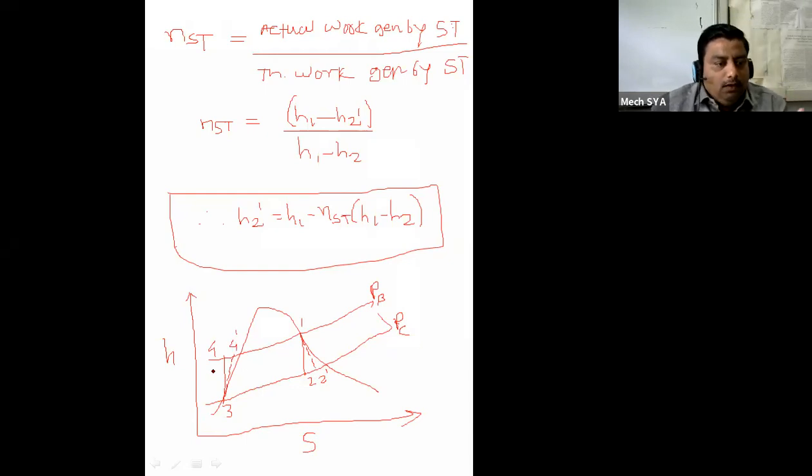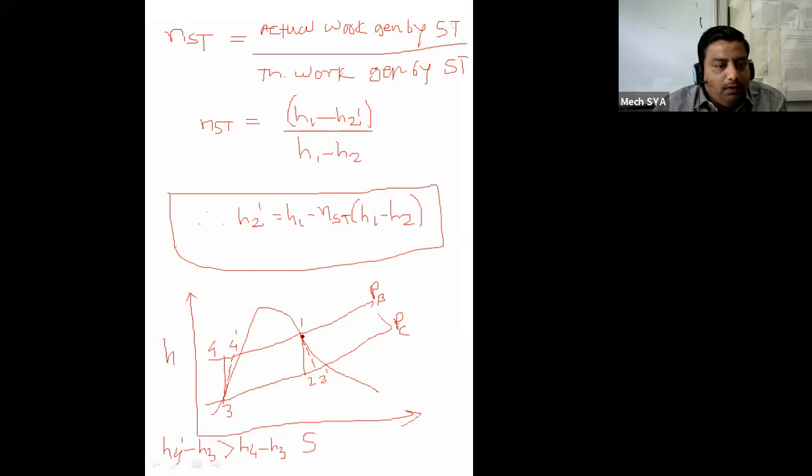So if you look here, this inclined line is there. Therefore, H4 dash here. In this case, H4 dash minus H3 will be the actual pump work required, which is more than H4 minus H3, because this is an inclined line, and the vertical span will be larger on the inclined line at point 4 dash. म्हणजे H4 dash म्हणजे vertical line ची height जास्त असणार आहे. म्हणजे actual work required for pump will be more than the theoretical